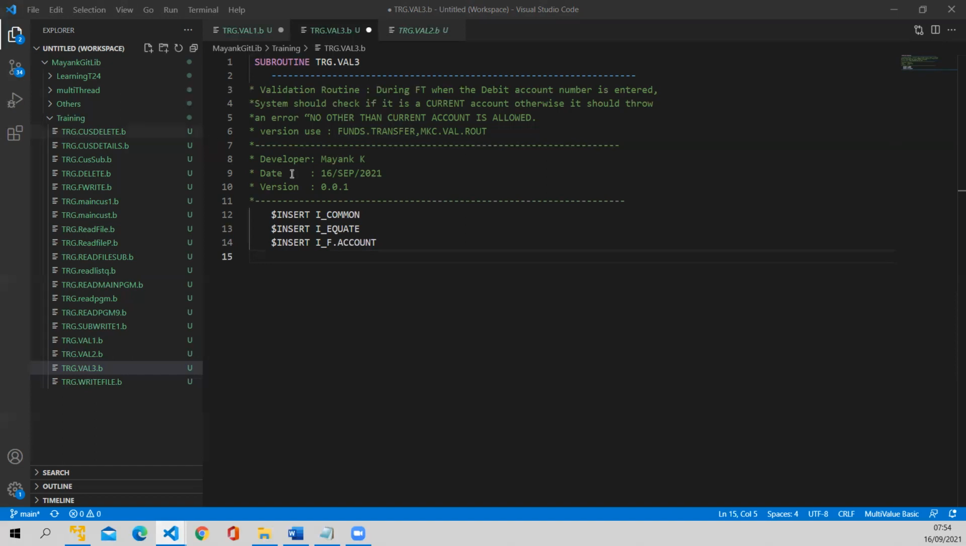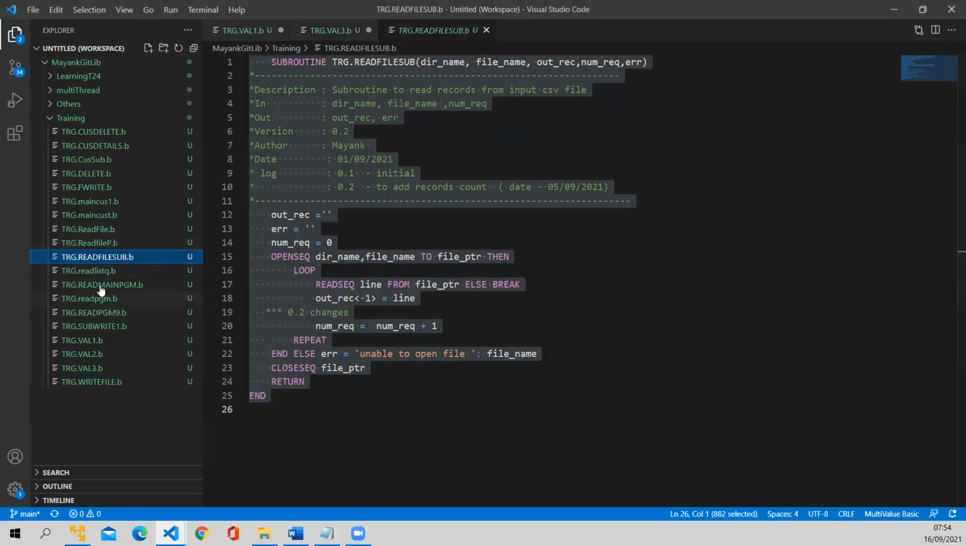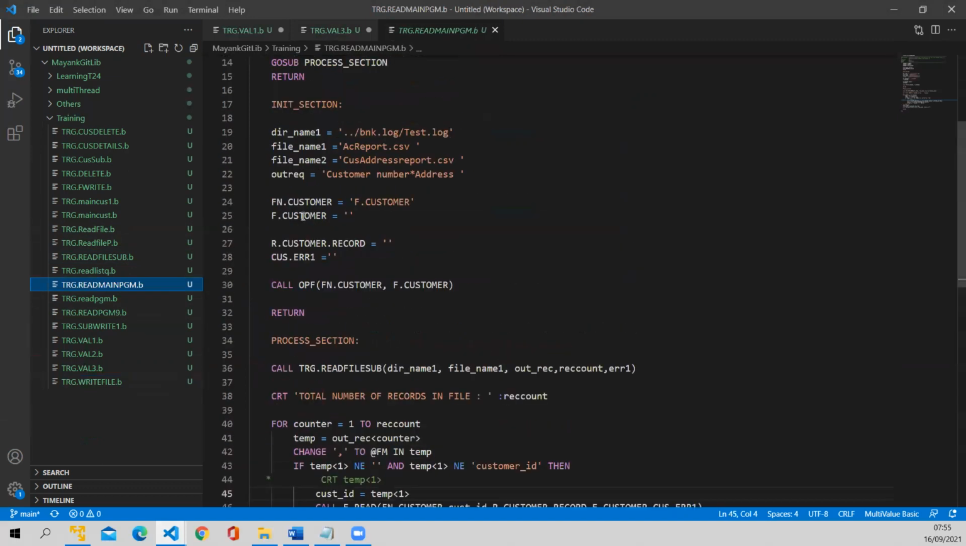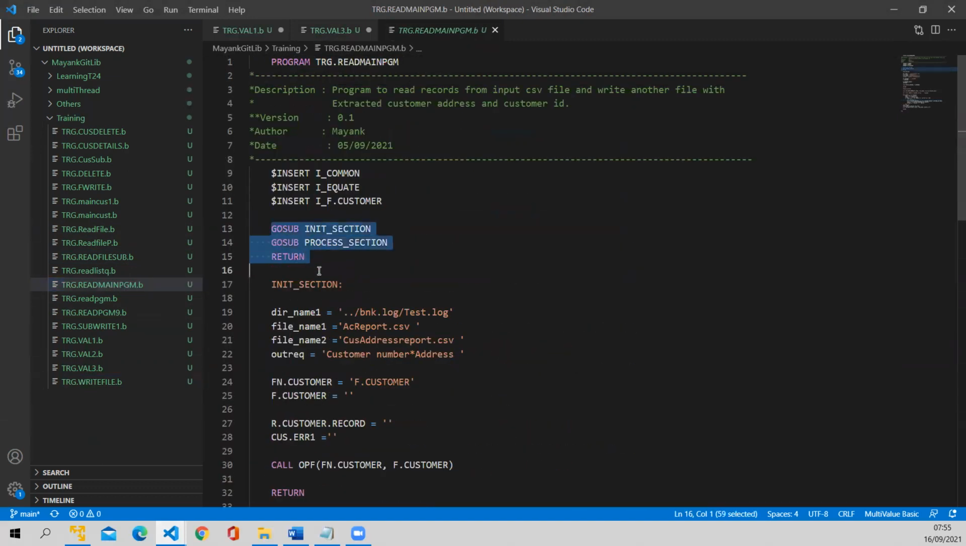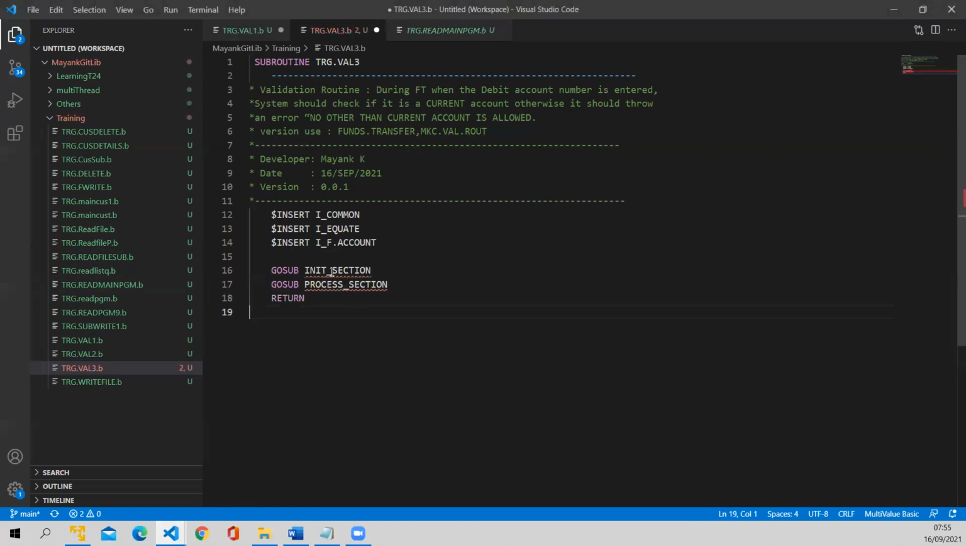Okay. Now we will have some labels like GOSUB. Those are simple. I'm just going to copy those things as well. These are some standard routines. I'm just going to copy to save our time. So the initialize section will initialize everything. Process will see how we can process those records. So in the initialize section,